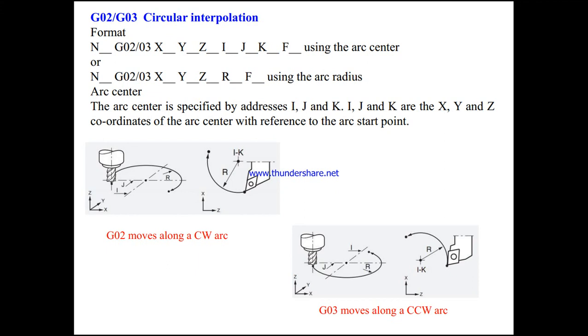When we are going to have a tool, we have to specify the direction I, J and K, that is in what direction, X, Y and Z, we have to specify. With respect to the X, Y direction we have I and J, and we have a radius for that. In the same way we have the X and Z direction, where we have I and K. In the same way, I, J with radius. Like this we have to give the programming for circular interpolation.